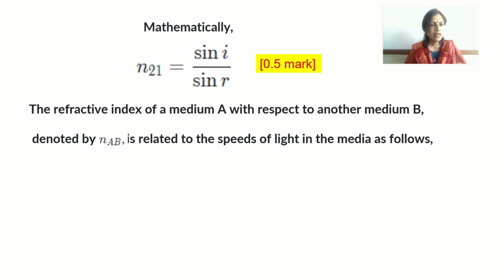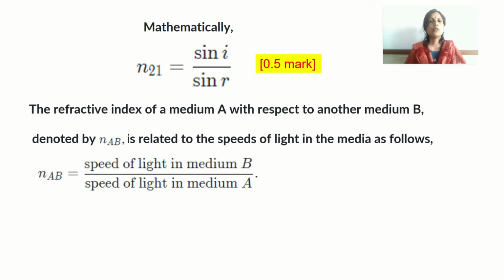So we can write it like this: NAB is equal to speed of light in medium B upon speed of light in medium A. If it would have been NBA, the ratio would have been exactly opposite. So children, this is very important. NAB is speed of light in medium B upon speed of light in medium A, and for writing this,